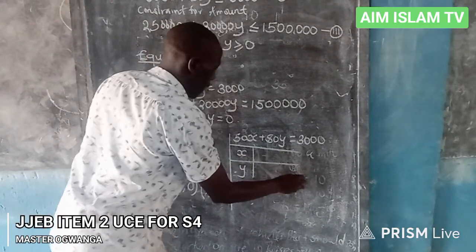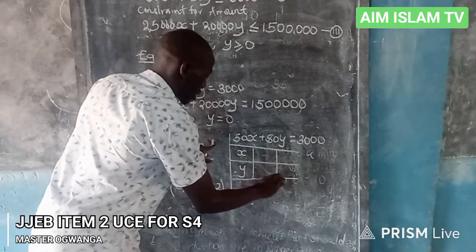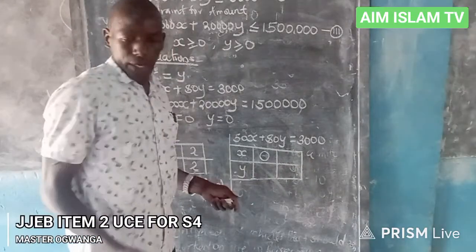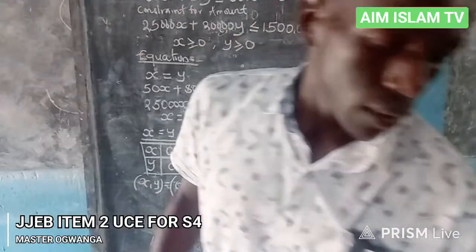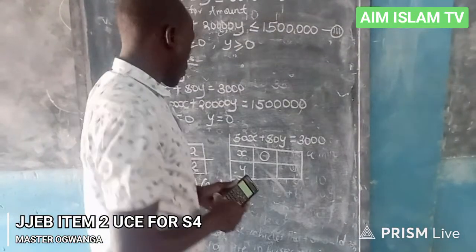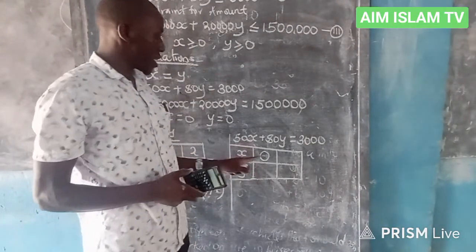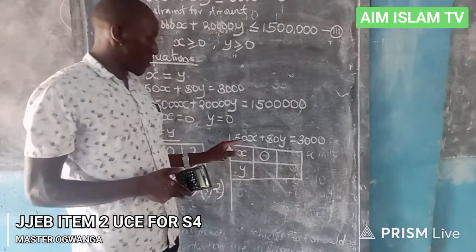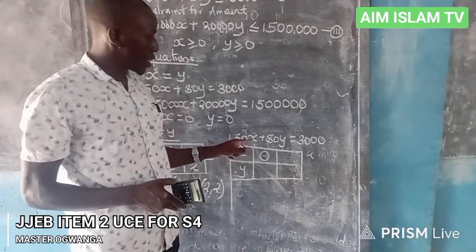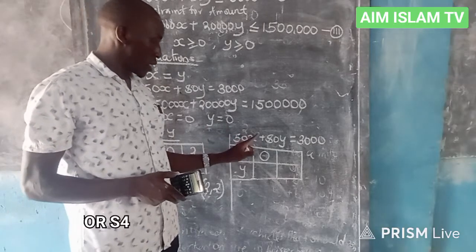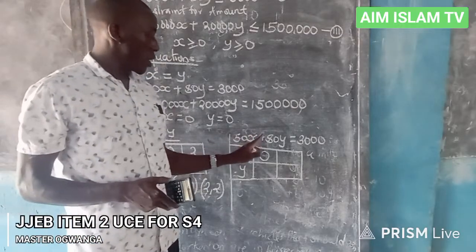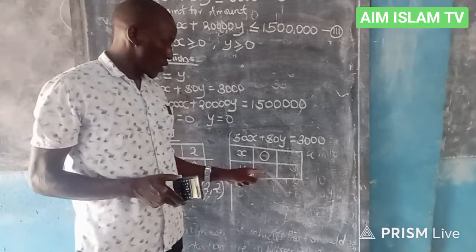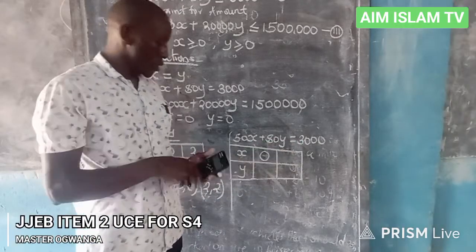If I have that table there, still I'm going to say when my x is 0, we are now going to get the values of y. When my x is 0, if I substitute for x in our expression here, we are going to have 50 times 0, and any number times 0 remains 0. So at this point, the 50 is eliminated, meaning that we are going to get the value of y, using the expression 80y